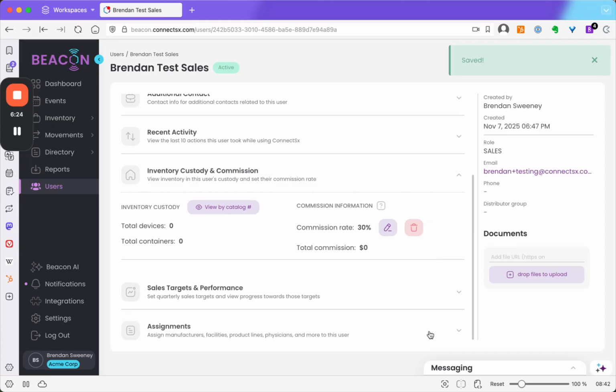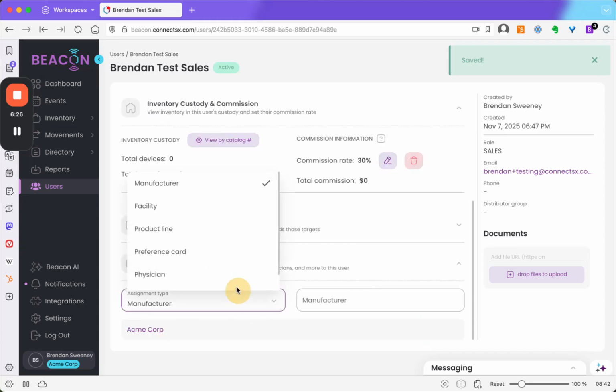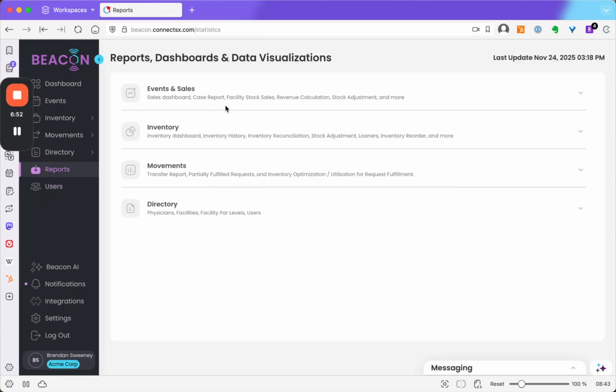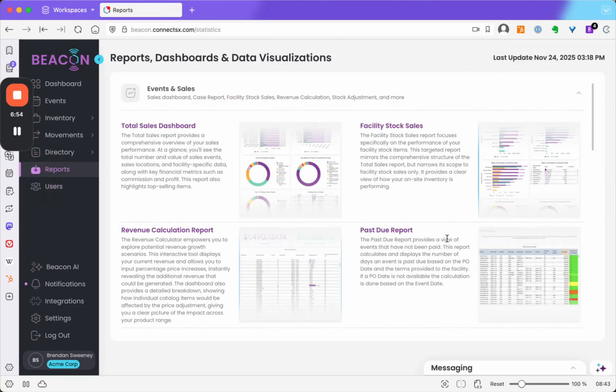I'll also note that in the assignments, if you go to physicians, you can actually set commissions on a physician by physician basis for each rep. So that's a way of getting an even more granular level of commission control. But once you've entered your commission rates, you can head over to reports, go to events and sales,